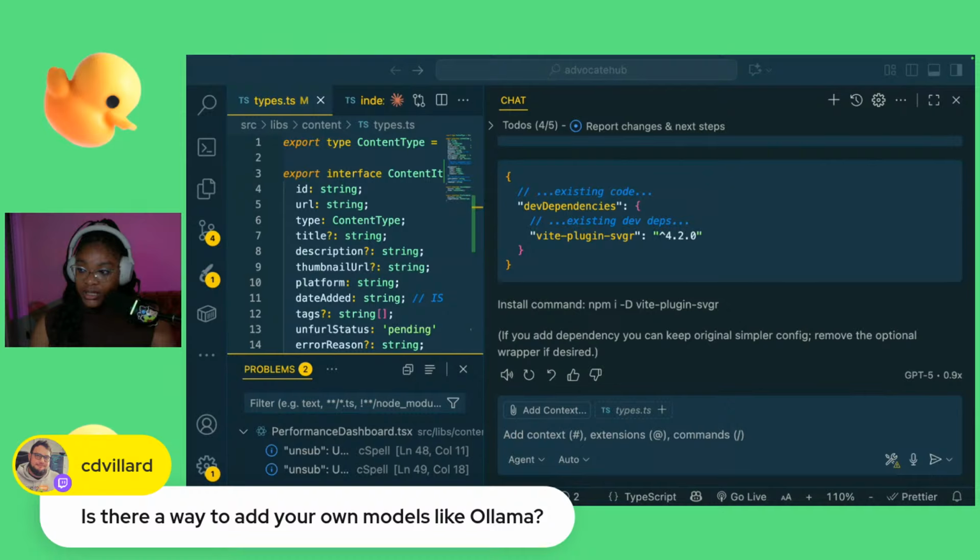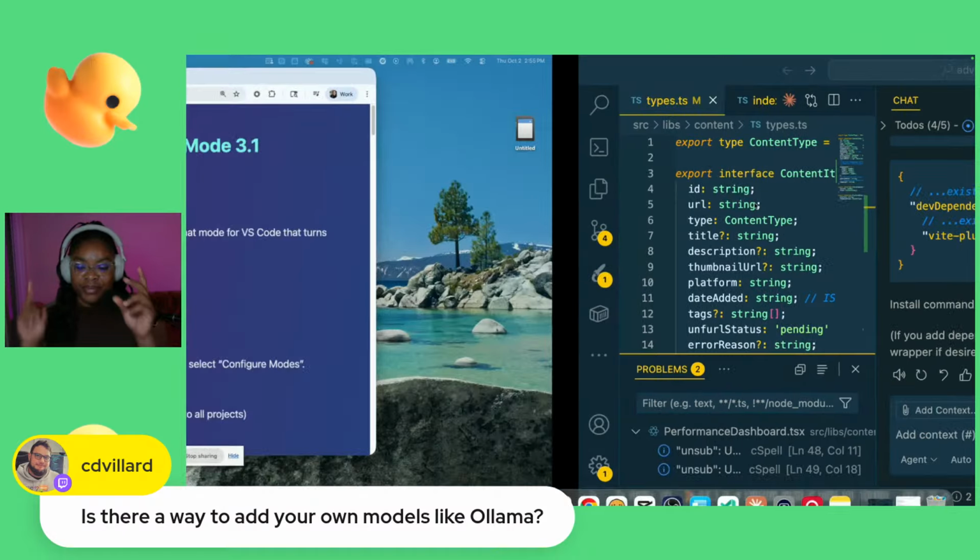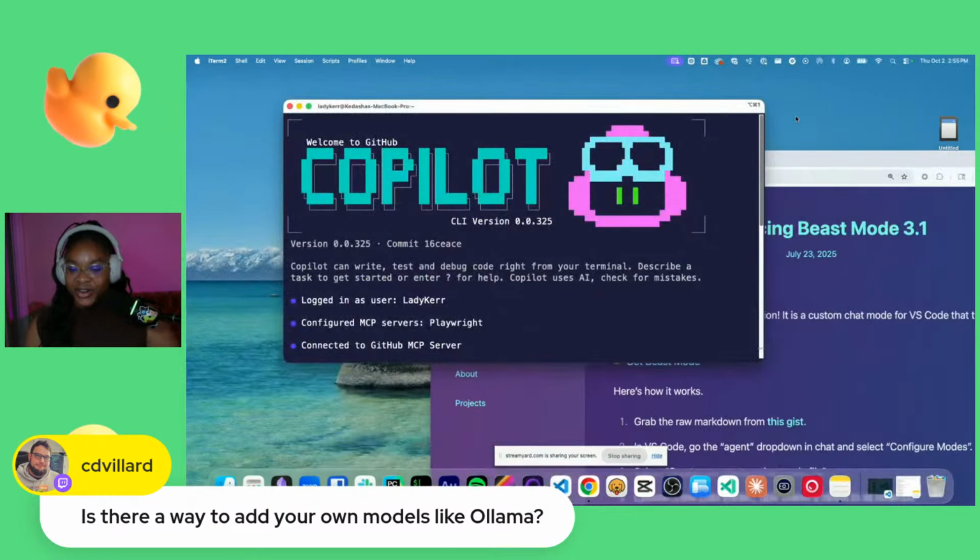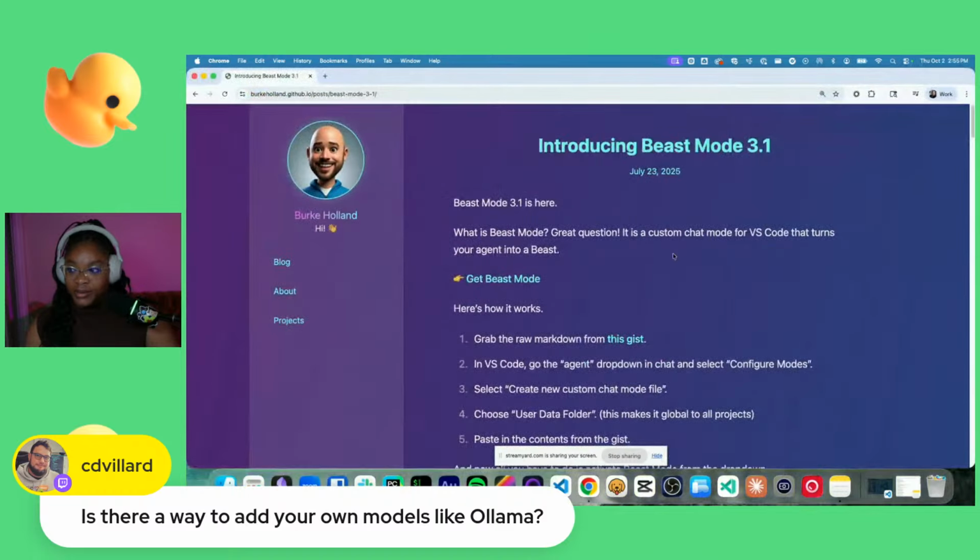Burke Holland has a really good write-up on how to do something like a beast mode, or just create your own custom modes with GitHub Copilot.